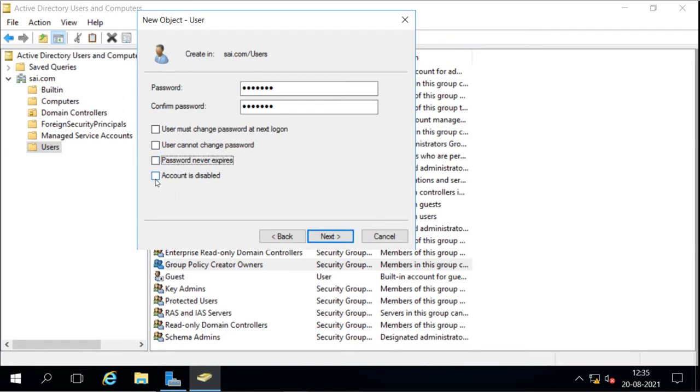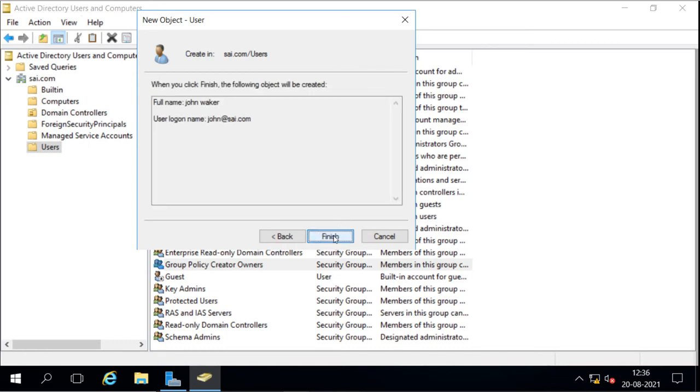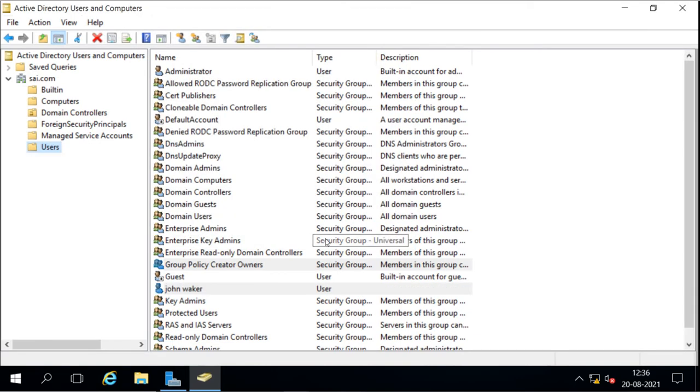Then we can configure the account to be disabled, which means the account will be created but will remain disabled until we enable it. For example, I want to create the account for a future user. The user is not yet available, but when the user comes, I will enable the account. So I can set it to disabled also. Now no other option will show in this wizard. You have to finish this. This is the summary of what we have selected, and then you finish to create the account.